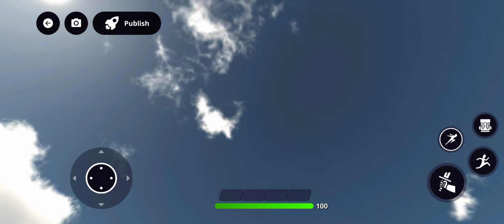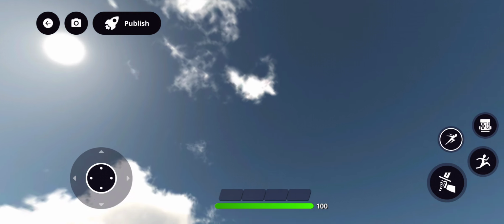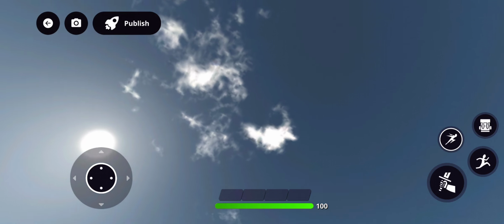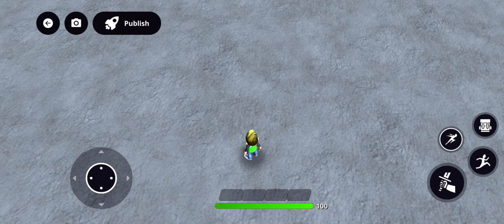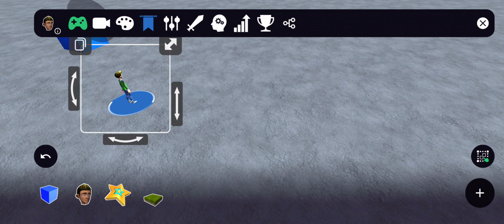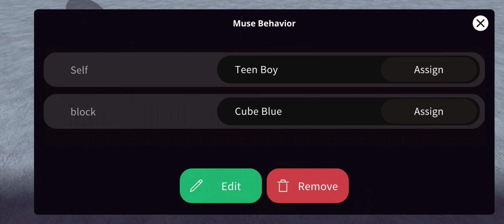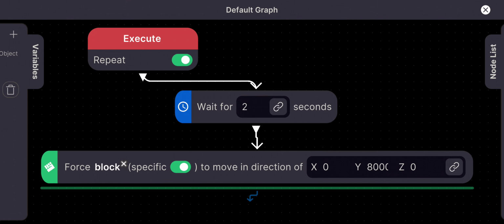So we know what force actually does. It sends the block flying in the air. Yup. So that's just one. Now we gotta do this quick before you guys get bored. Next up, we have